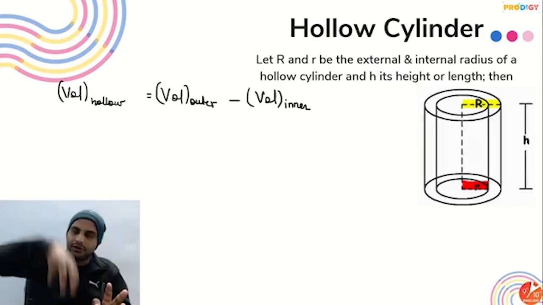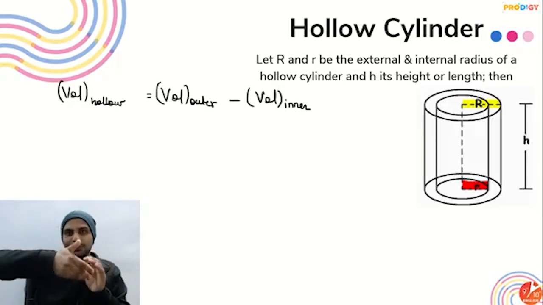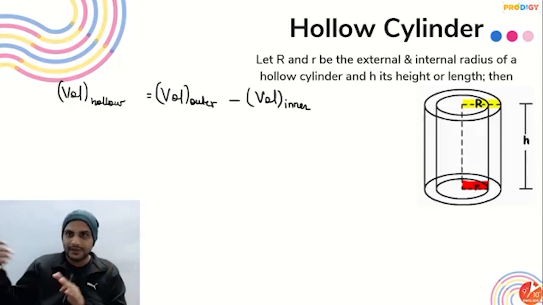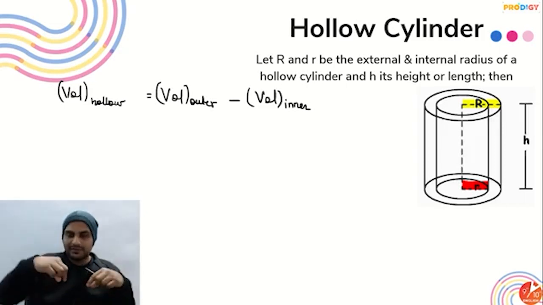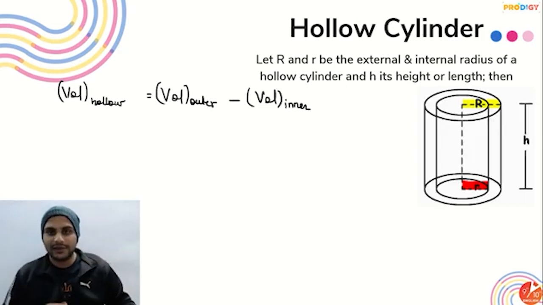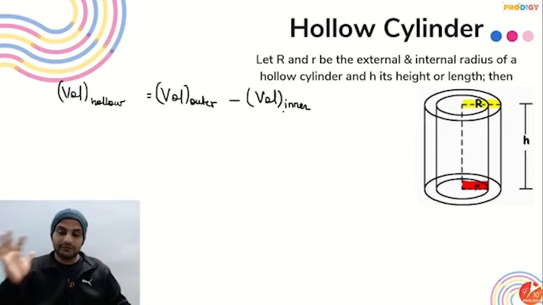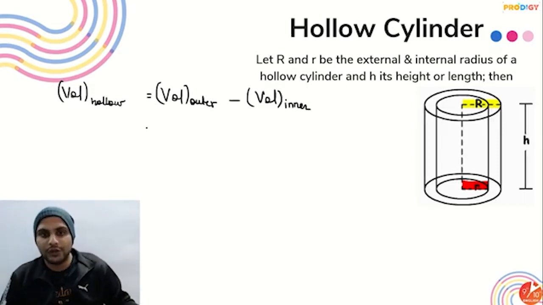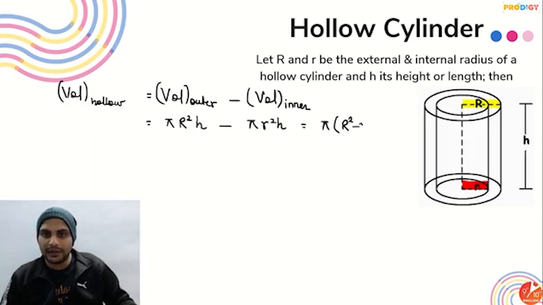Now if I take the small cylinder out, that much amount of material has been removed. So the volume has been reduced. Now the amount of material remained will be original minus the removed one. Okay? So whenever we remove something, subtract the volume. Whenever we join something, add the volume. So volume of the outer one will be pi into capital R square, height is h only, minus pi into small r square into height is h. So you'll be getting pi into capital R square minus small r square into h.